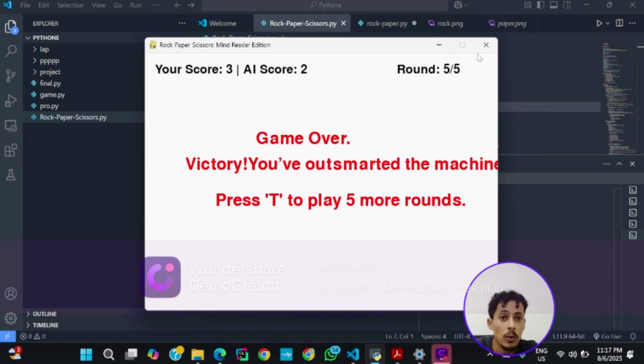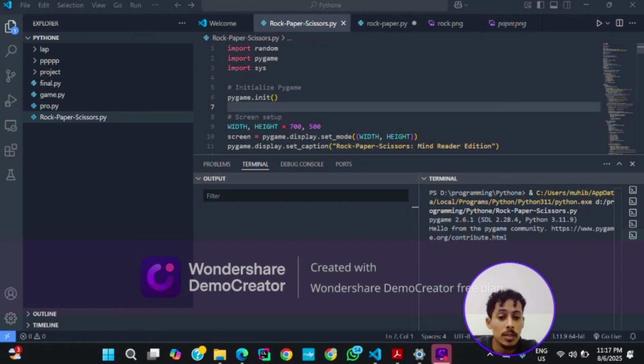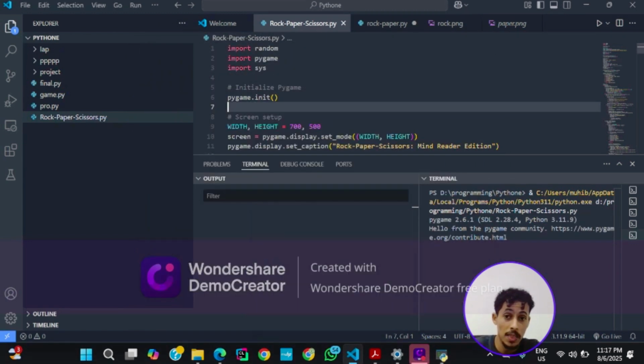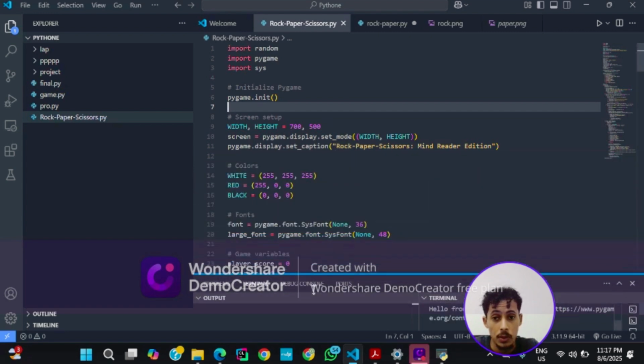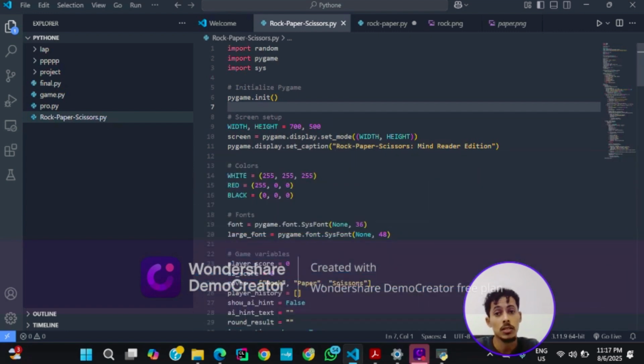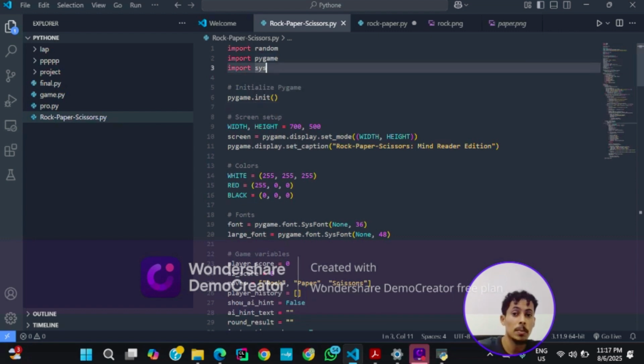So in the code, we are implementing many things. Here we import random, for the choices that you are going to choose. Also here, Pygame, because we developed our game based on this.